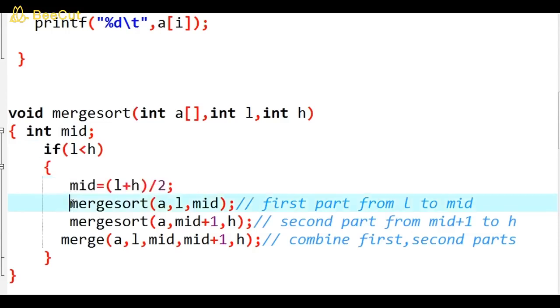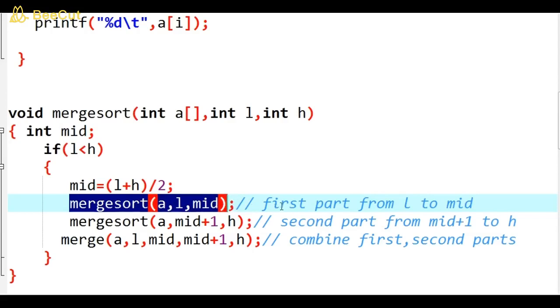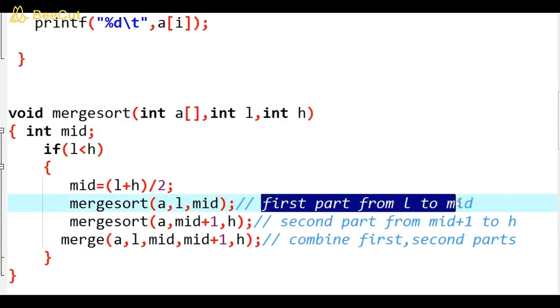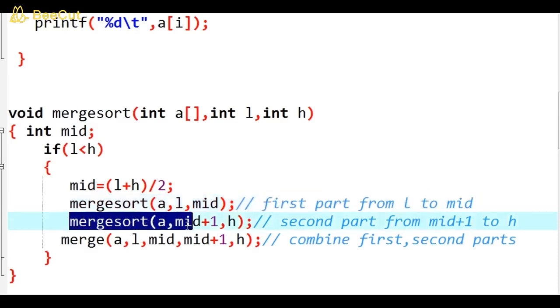Then I apply the merge sort technique on the first part. See here mergesort(a, l, mid); I am calling the same merge sort function, that is a recursive function call. Meaning is that I am applying the same merge sort technique on the first part. First part is from lower index l to mid. Then I apply the same merge sort technique on the second part from index mid plus 1 to h. That's why the function call is mergesort(a, mid+1, h);